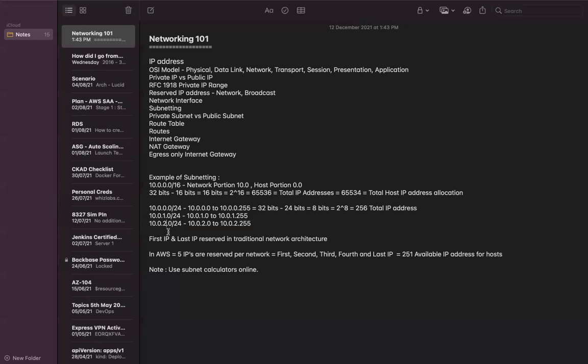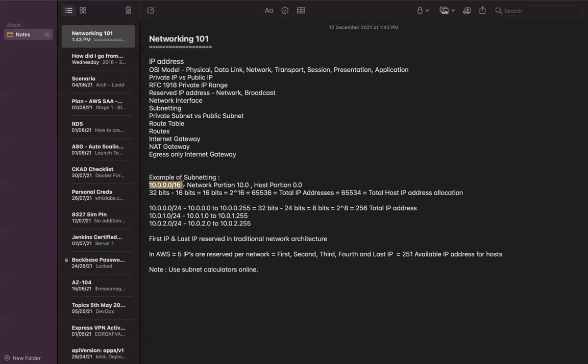So you always have a buffer of extra subnets that you can create out of a very big network. This big network has a total of 65,536 addresses, which you are subnetting into subnets of 256 IP addresses each, out of which, in traditional networking terms, the first IP and the last IP are reserved, which means you have a total of 254 that you can allocate. But when it comes to AWS,